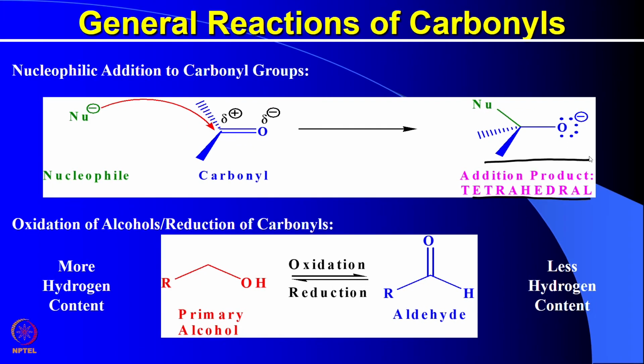So it is easy to do oxidation and reduction on carbonyl compounds. If you oxidize an alcohol, you get a carbonyl compound. If you reduce an aldehyde, you get a primary alcohol. So we will see how these oxidation and reduction reactions can be controlled using different types of organic reagents, and how interconversion of alcohol to ketone, and ketone to acid can be done.